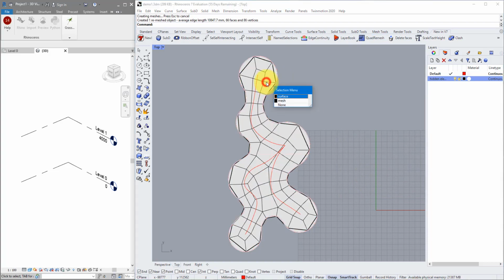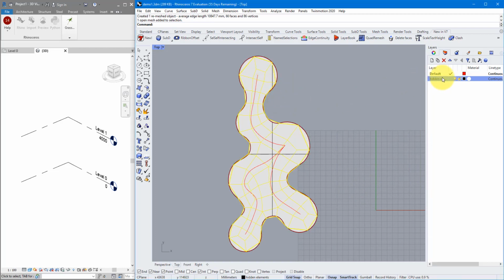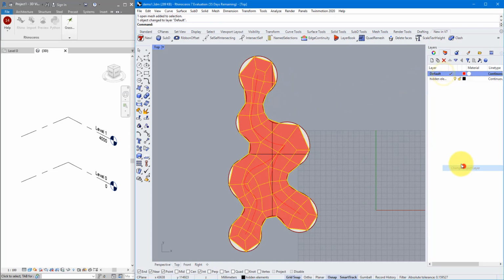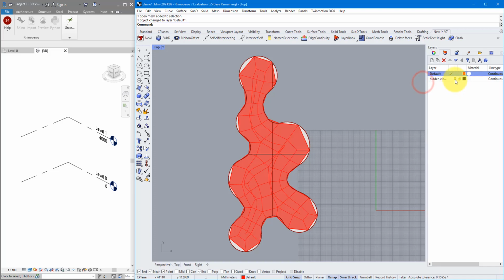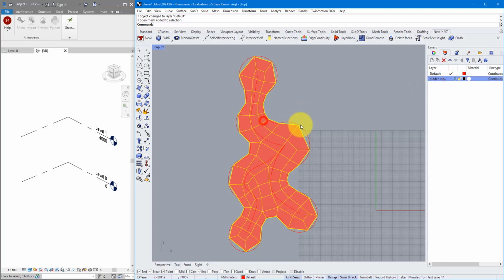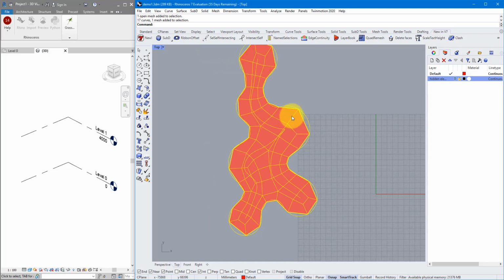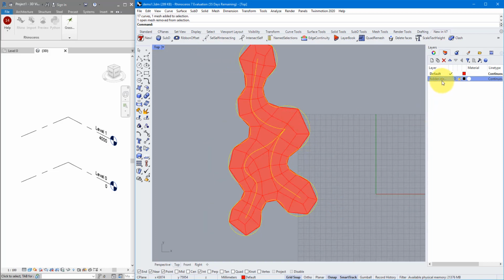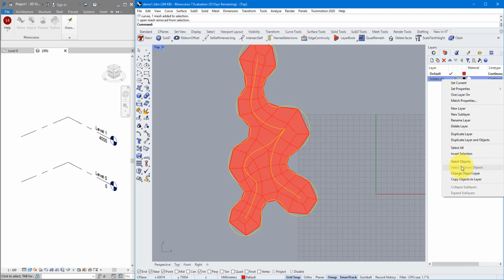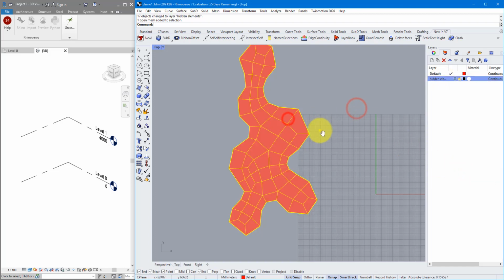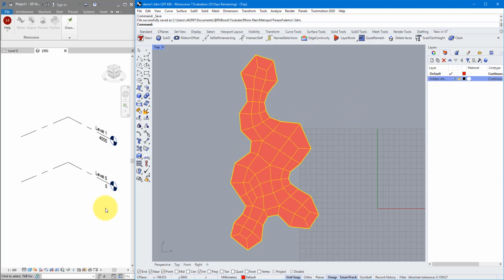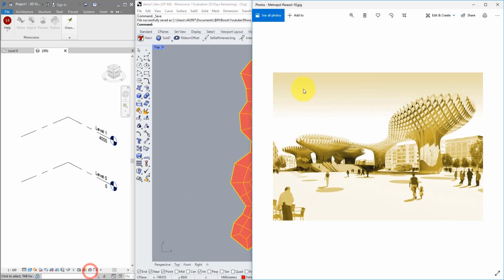Let me select it now, the mesh, and put it on the default layer. This way, when I turn off hidden elements, I will only see this now. Those curves here, we don't need them anymore, so I will also put them on hidden elements. There we go. Now, so far you might be wondering, it looks nothing like the very organic freeform design that